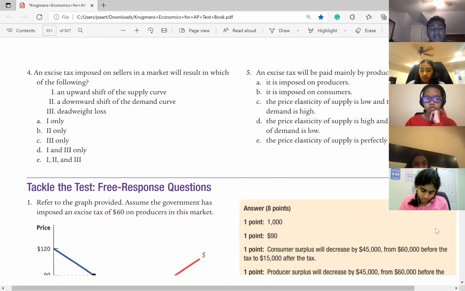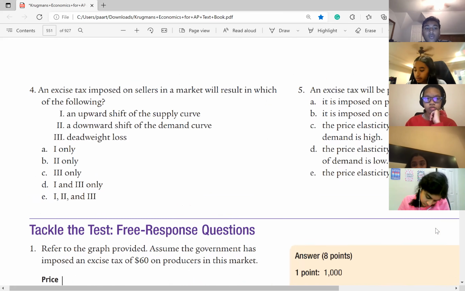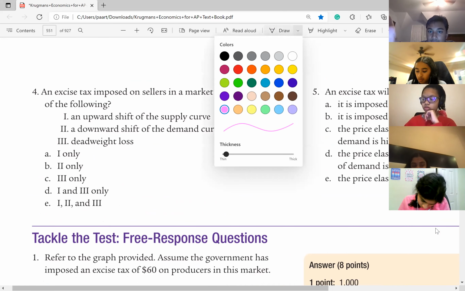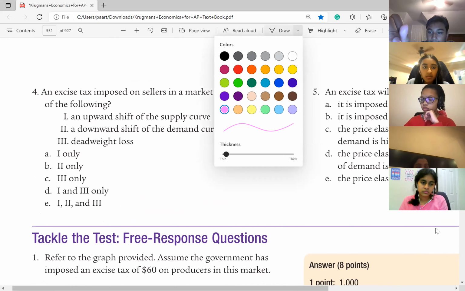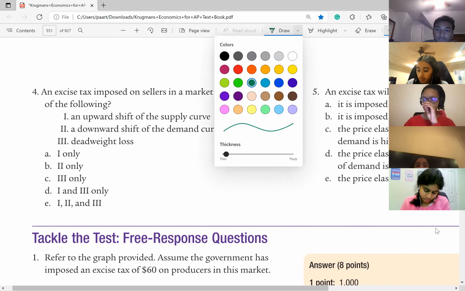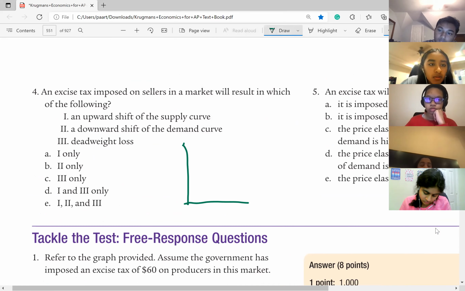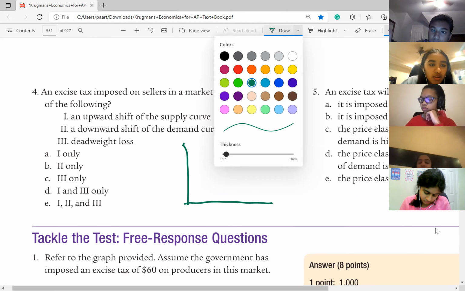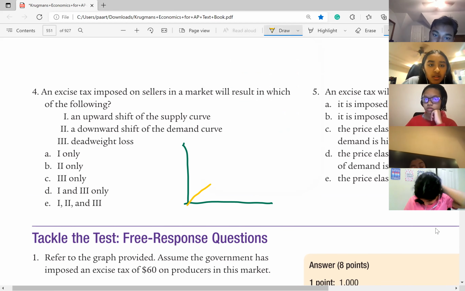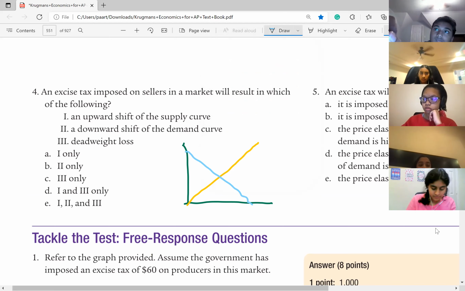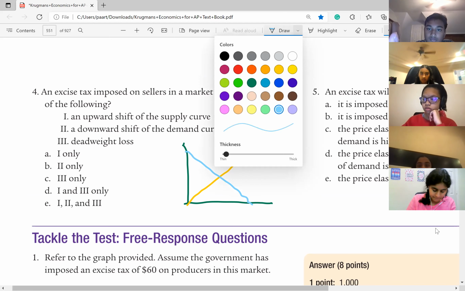So an excise tax imposed on sellers in a market will result in which of the following? So does anyone want to answer this question? Okay, and I think it's... when they say upward shift, they mean the supply moves to the right or to the left for that one? So excise tax would move it up, right? Yeah. Well, it moves left, actually, up. Above, right? Yeah. Okay, so I think it's the first one and the third one, because I think back in